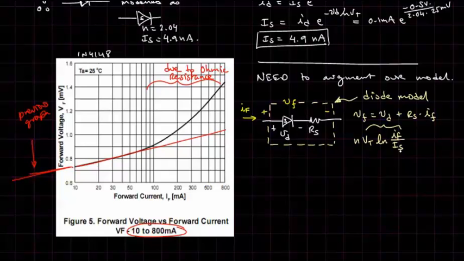Okay? So we're going to use two devices, if you will, to model our diode. The Shockley diode, described by the Shockley equation, and then just a regular old resistance to capture this deviation up at higher current. So let's estimate RS. How do we do that? So what we do is we go out to, say, the 800 milliamps here, and we're going to estimate what the delta